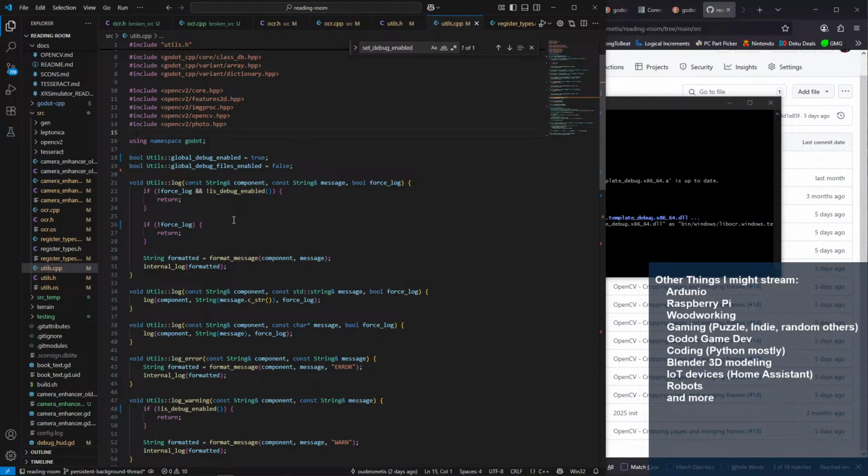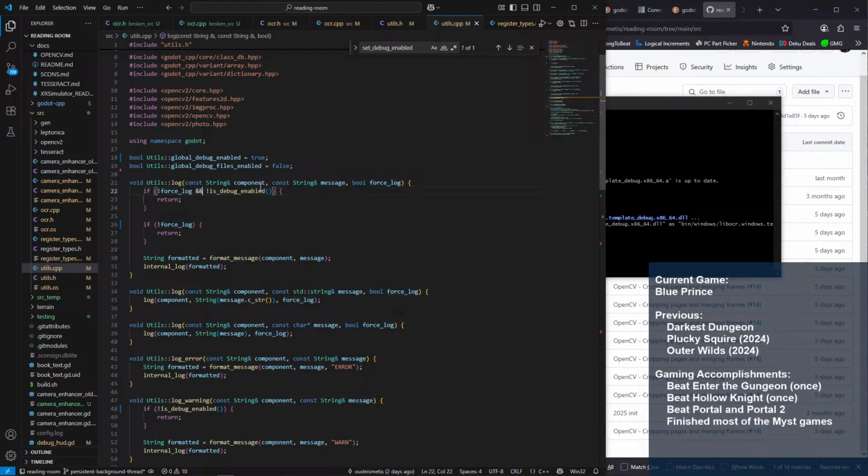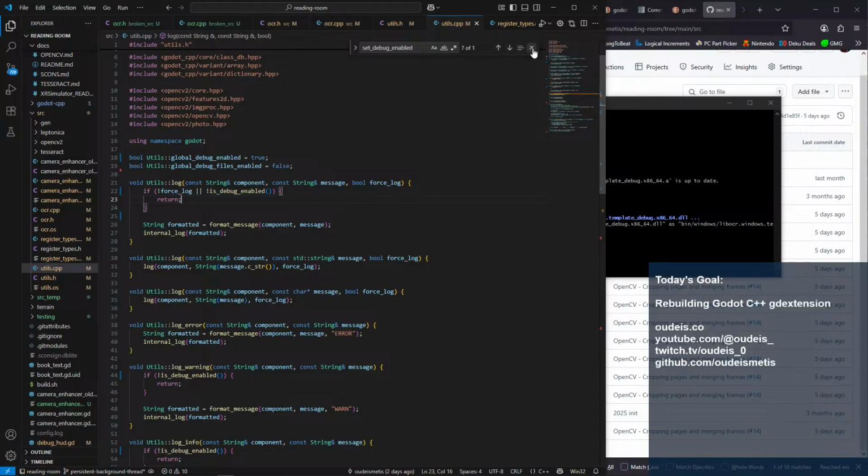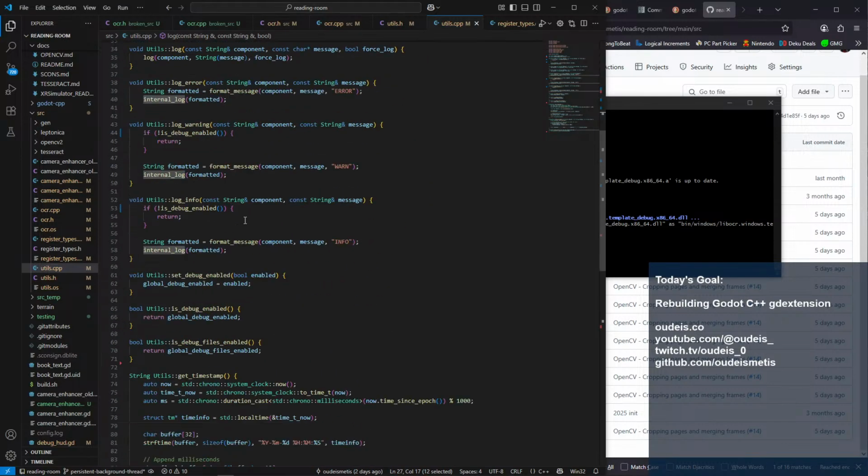If not force... Why is... If not both? Shouldn't this be or? Okay. Yeah, that's what I get for trusting an AI to code this properly. So then that would be internal log.